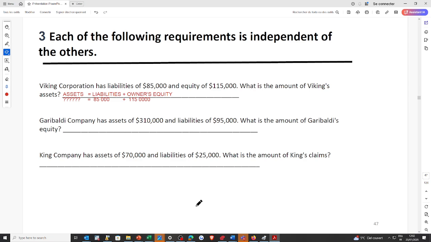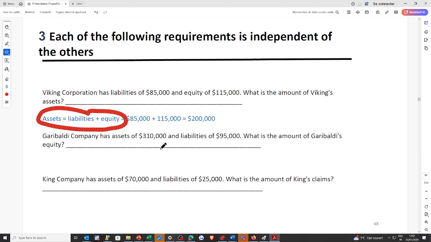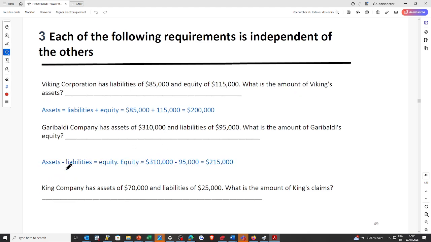The second question tells you the information. Here we have the company with assets of 310,000 and a liability of 95,000. So it's very easy, right? We already know that asset should be equal to liability plus the owner's equity, right? So it means that